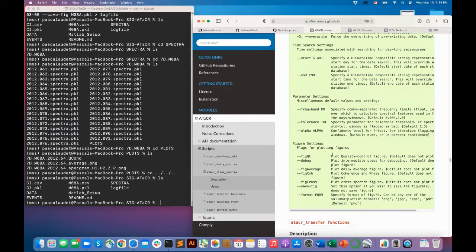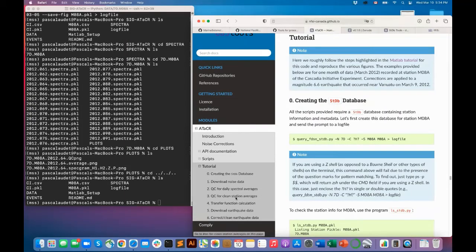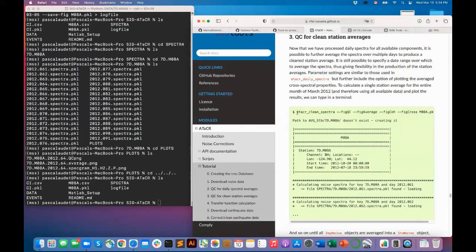I'm not going to go over this again. All of the different figures are now produced, and you can also have the save figure option here, and you can save them in a different format if you'd like. So going back to the tutorial for this particular step, we're just going to run this